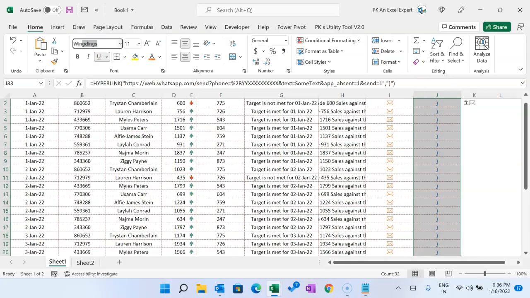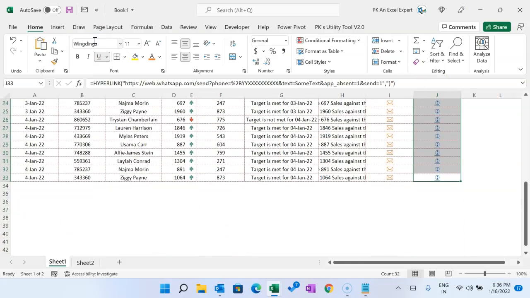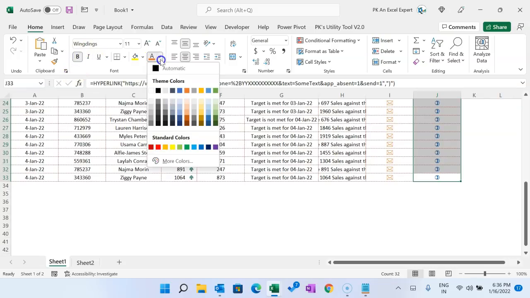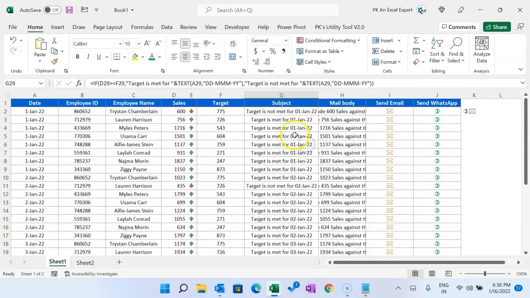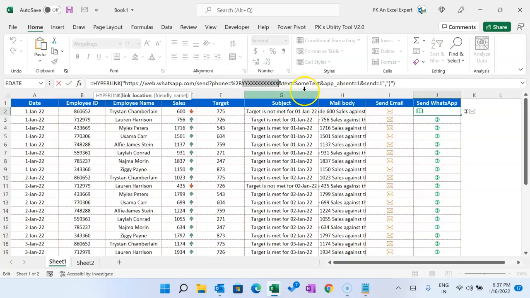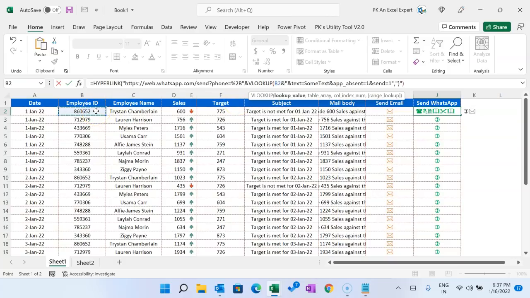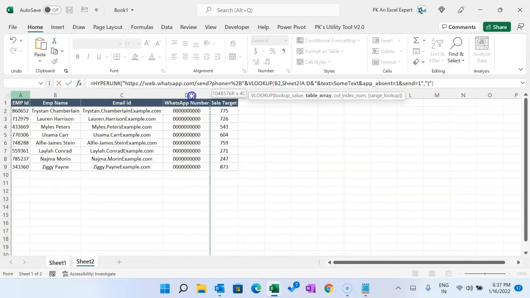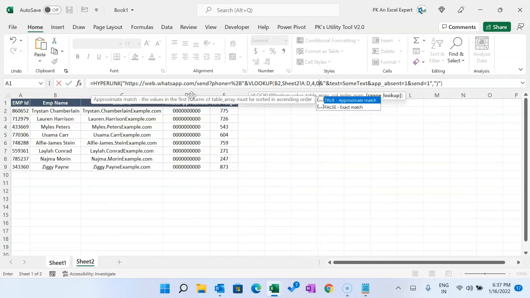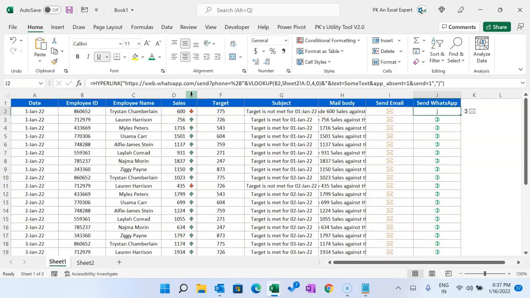We can use here LinkedIn font and remove the underline, make it bold. Let's take this green color. Alright. Now, the only thing we have to change here is from this bye bye till XX, we just need to use the mobile number here with the country code. So to get the mobile number, we will use the VLOOKUP, and using this employee ID, this is the WhatsApp number, comma 4, comma 0. Close the bracket and hit the enter.